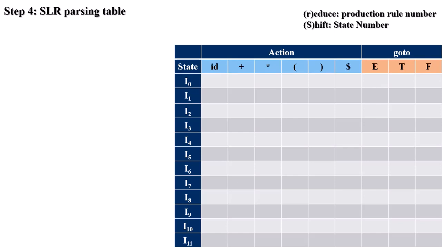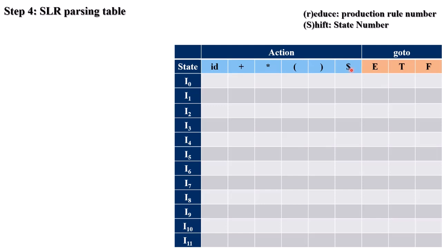The most important step now is that we have to fill the SLR parsing table. There is a state, total how many states are there? Total 11 states are there. So I write on the left-hand side I0 to I11. Then there is the action table, as you know, at the bottom of parsing, action and goto will be there. In goto there are only non-terminals. We have only 3 non-terminals, so I write here E, T and F, and the total input symbols, that is terminal symbols: ID, plus, star, opening bracket, closing bracket, and dollar will be there for acceptance. Okay.